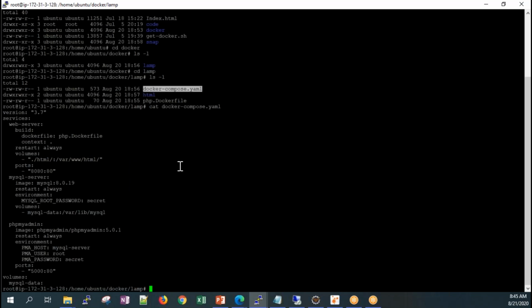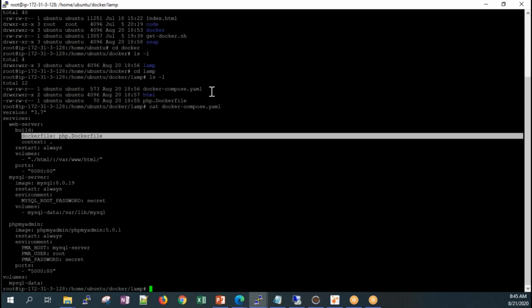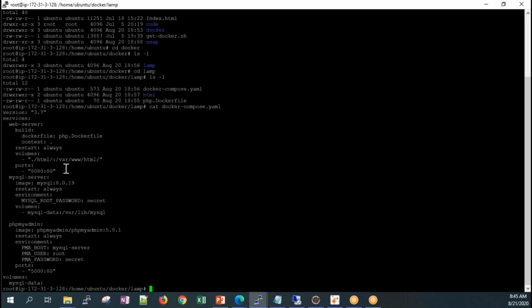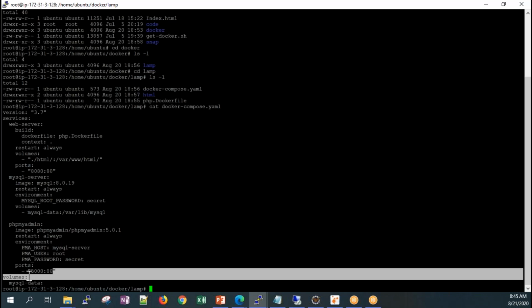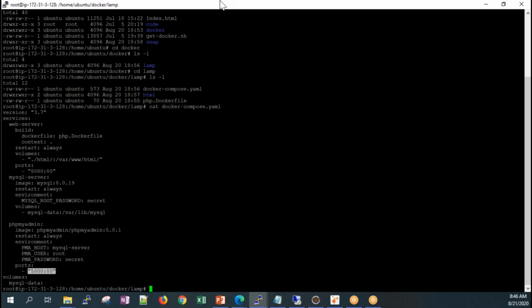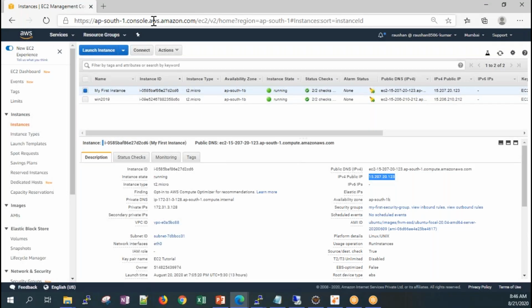We'll be going over the YAML file, so don't worry if things are overwhelming to you guys. We have this php.docker file. We'll take the image from there and do some port mapping, then we can get our application running. I will show you that application, whether it's working or not.